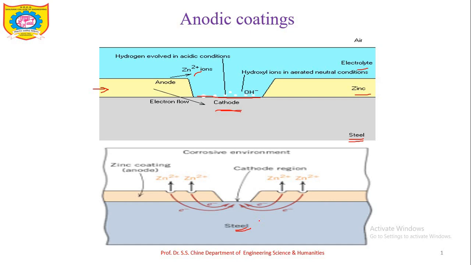So that is the benefit of this anodic coating. Even though there is a rupture in the coating, the base metal gets protected. So you can see here, as zinc is acting as anode, it undergoes oxidation. In this electrolyte, OH minus ions are present. So this Zn2+ will be given out and combines with OH minus to form zinc hydroxide. So zinc is acting as anode and the iron plate or steel plate is acting as a cathode. So this anodic coating is preferred over the cathodic coating.